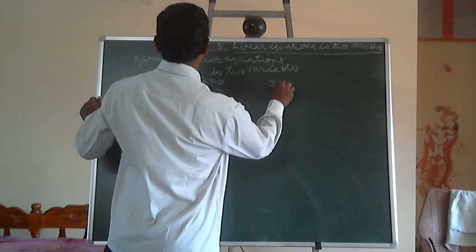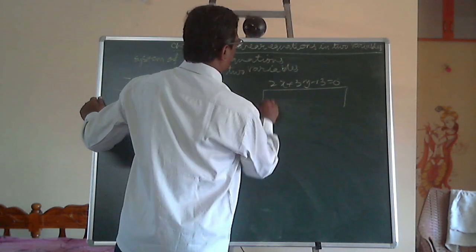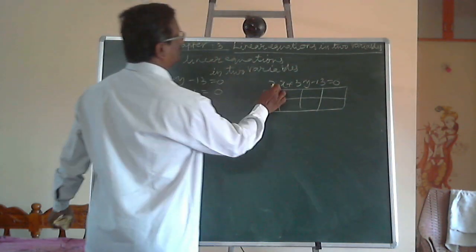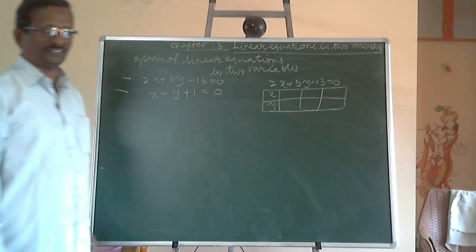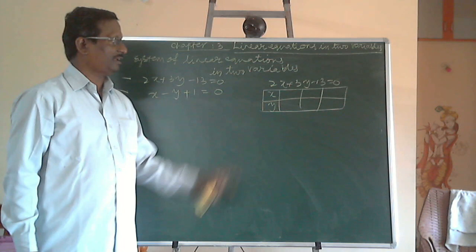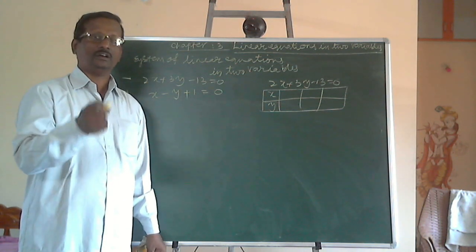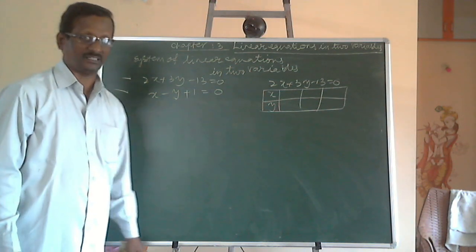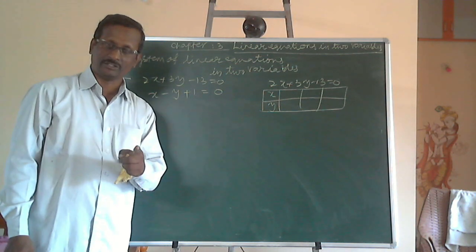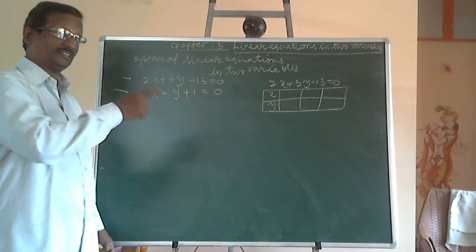Here, 2x plus 3y minus 13 is equal to 0. Under the equation, make a small table which can accommodate three solutions like this. Normally, x is equal to 0. If the y value is an integer, not a fraction or not rational, we can consider it. Similarly, if y is equal to 0, x is not a fraction, that also can be considered because it is easy to represent. X coordinate is 0, the point lies on the y axis. Y coordinate is 0, the point lies on the x axis. If possible, the common solution, that we will discuss in future.